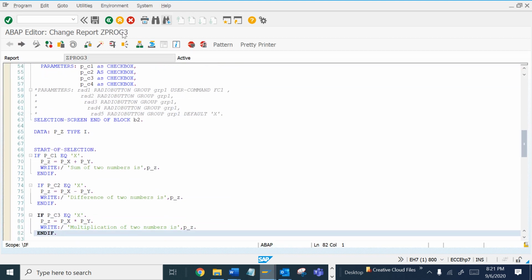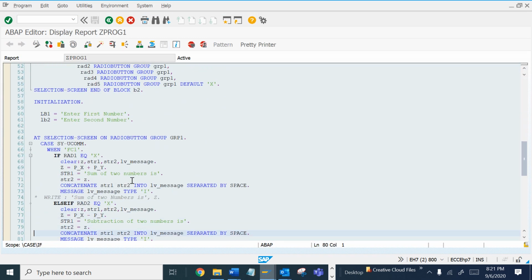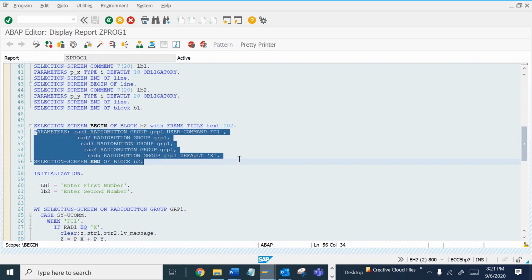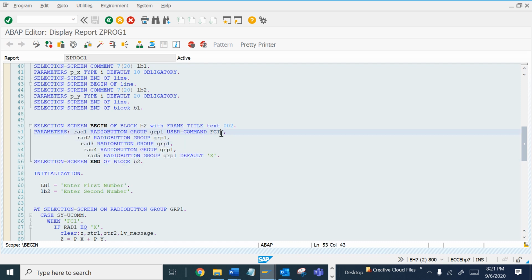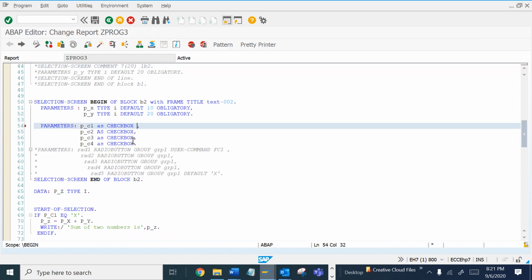As we have done the same thing for radio button, as we can see here we have used a single group for designing all the function code. But let me do this differently, as in checkbox we can select multiple options, so we would have a different function code for all the checkboxes.